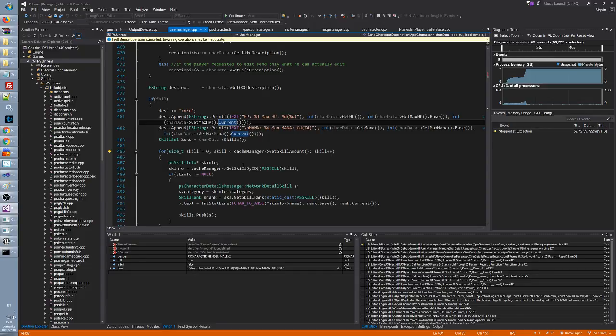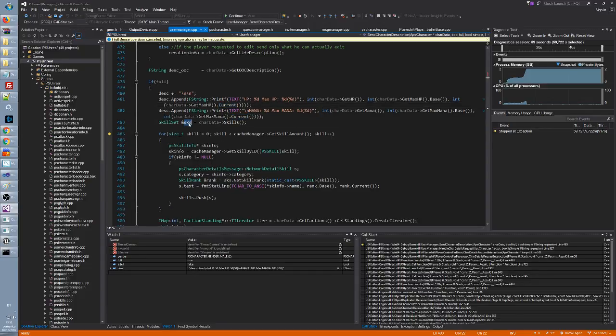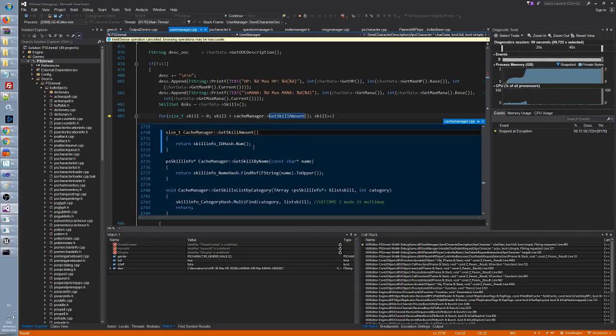Now what do we do? For side state, skill is equal to 0. Skill cache manager gets skill amount. I want to see what this is returning. Skill info EID hash number. This is probably where it's not working, but let's say while skill is less than this,